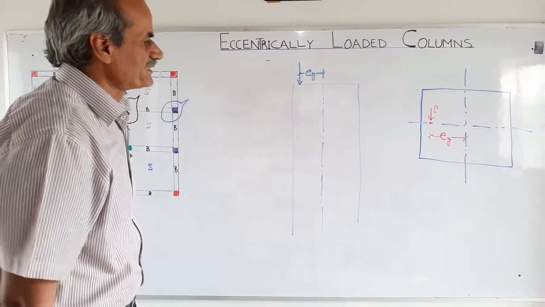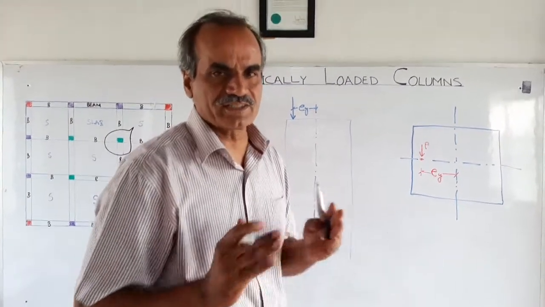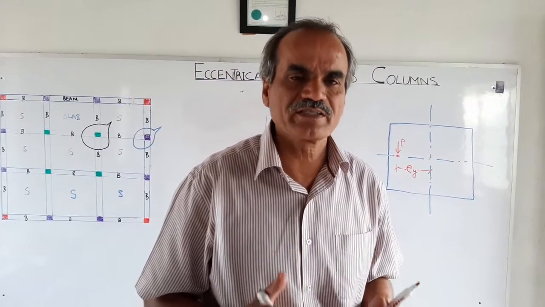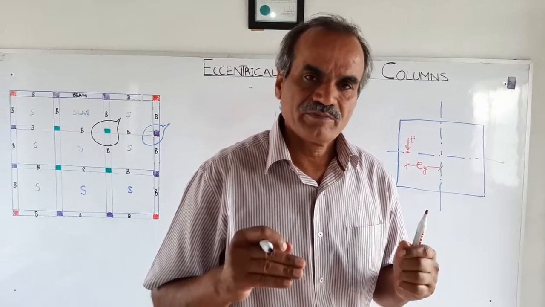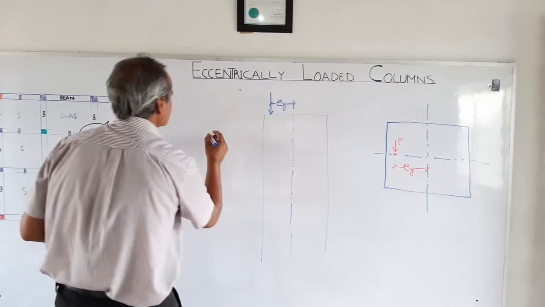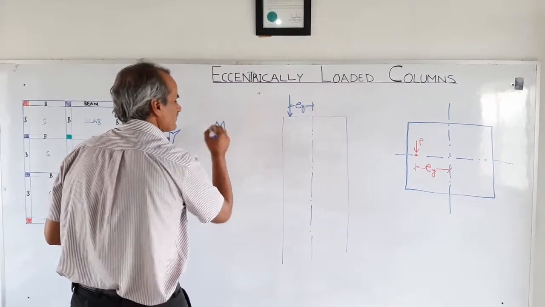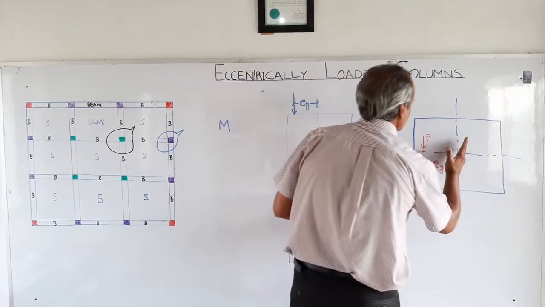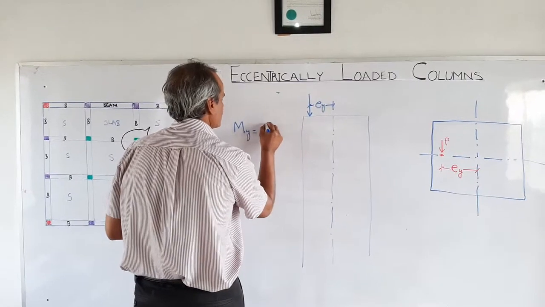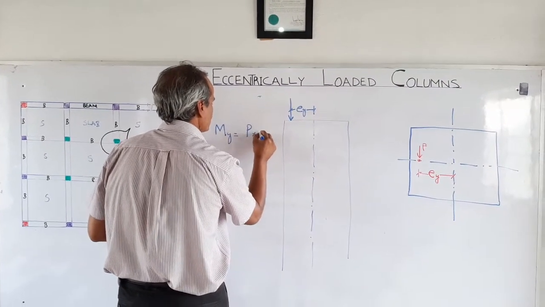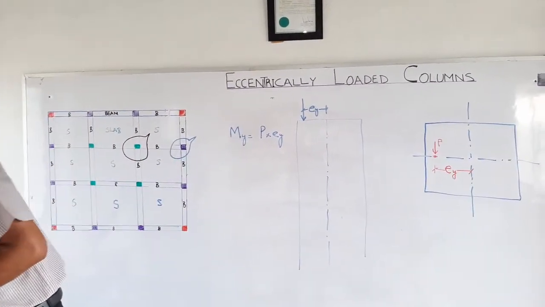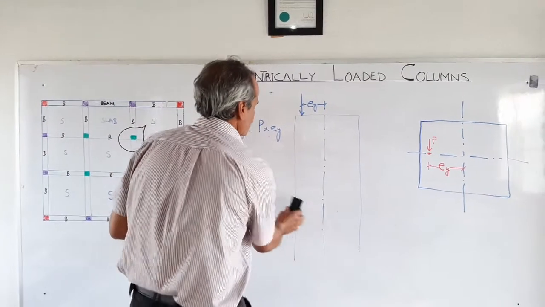Now you would appreciate that when a force is acting at a distance, then the product of the force and that distance makes the moment over here. So this moment with eccentricity, say this moment is about the y-axis, is My equal to P into Ey. And in order to find out the stress, which is today's lecture,